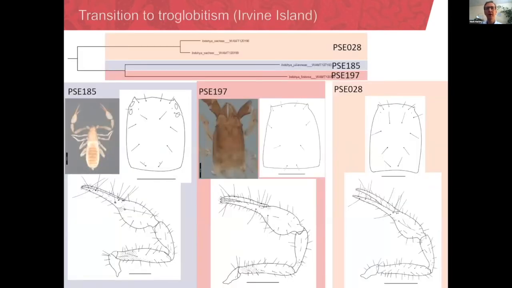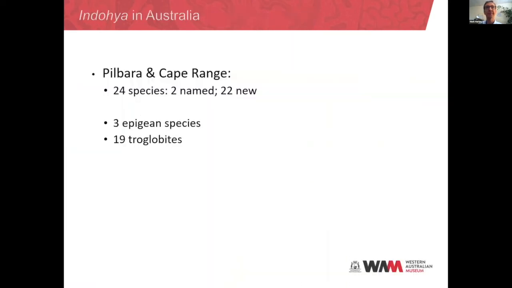But interestingly, on Irvine Island, in a series of samples from boreholes that are situated quite next to each other, we're able to find a transition. This is a monophyletic clade here. We found a transition from fully eyed epigean species with relatively robust pedipalps through to a pair of quite blind troglodytic species with more attenuate pedipalps, all occurring in a local environment. So this seems to indicate that we've got a transition from fully eyed to troglodytic fauna occurring, as I said, right in the local landscape.